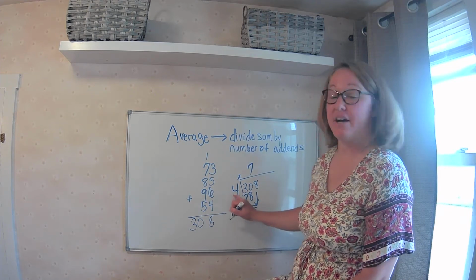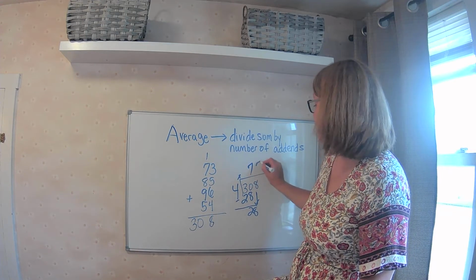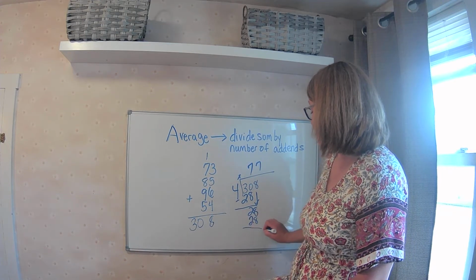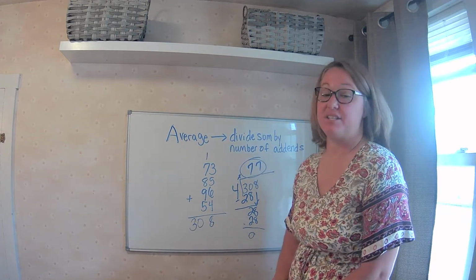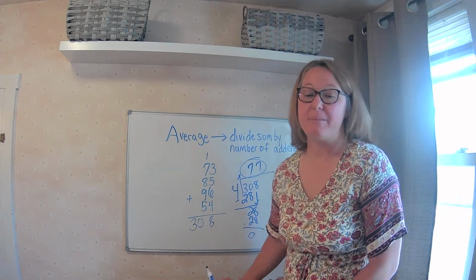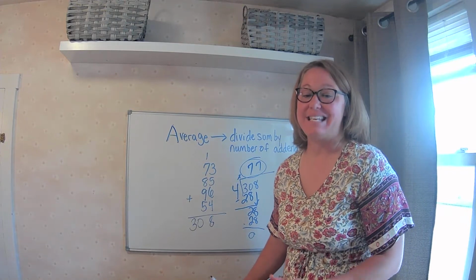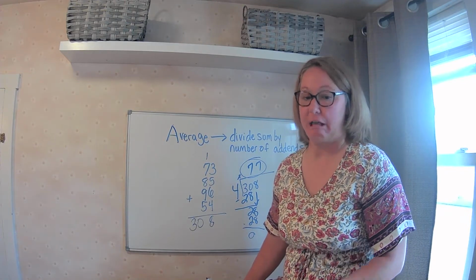Now we have 28 divided by 4. Again, let's go with 7. 28 gives me 0. I have no more numbers to bring down. My average is 77. One thing to remember about an average is that it has to be larger than the